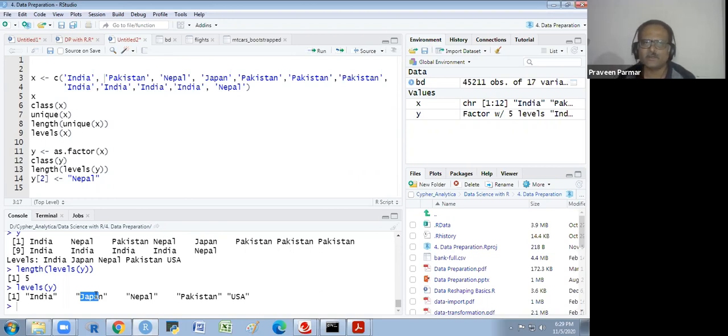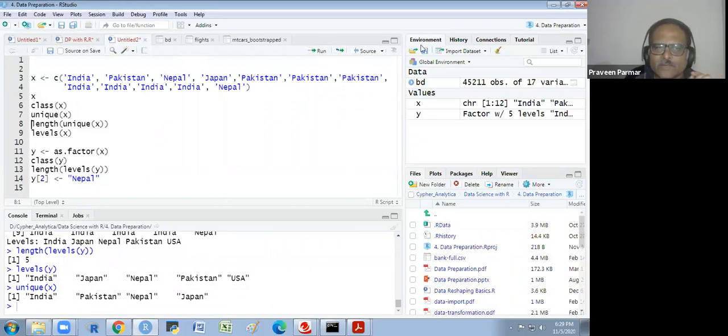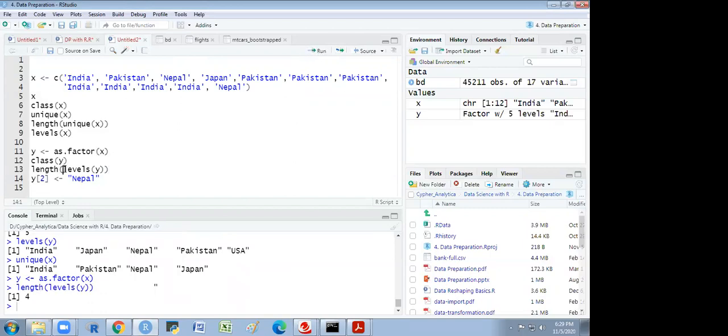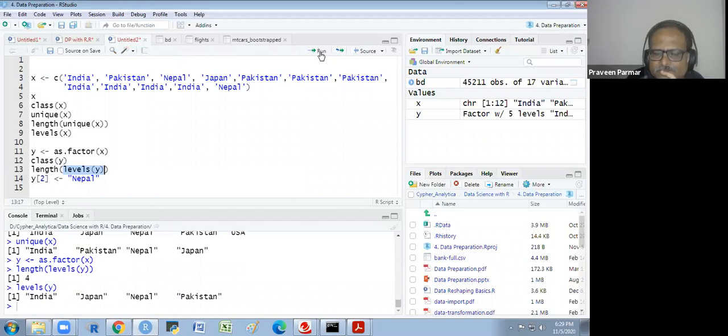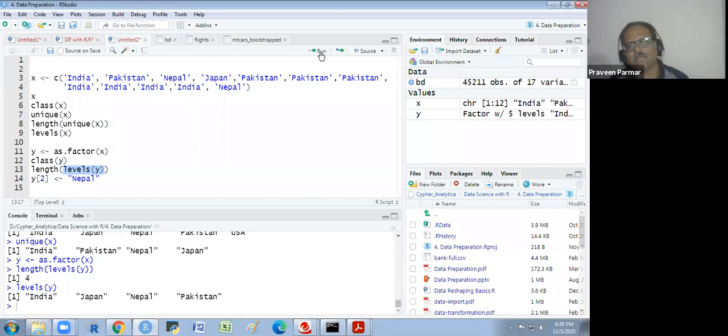So it will take the factor as per the unique values. As you know, here I now have four unique values. So if I convert this into factor, I will get only the 4 levels. You see here, there is no US now. Got it? Right. So that is the difference between factor and character.